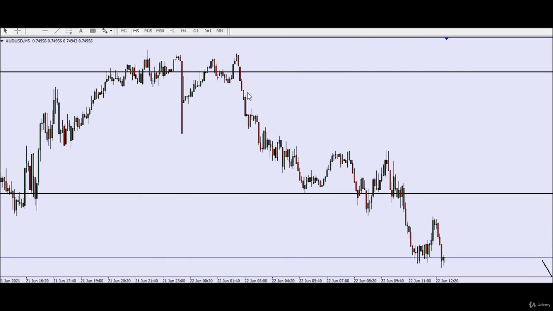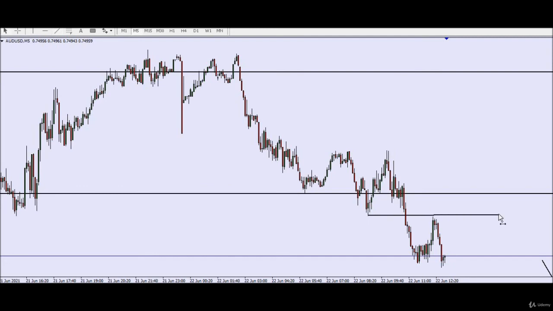But on lower time frames we see this small level, and